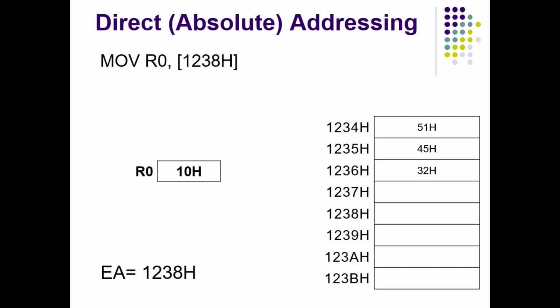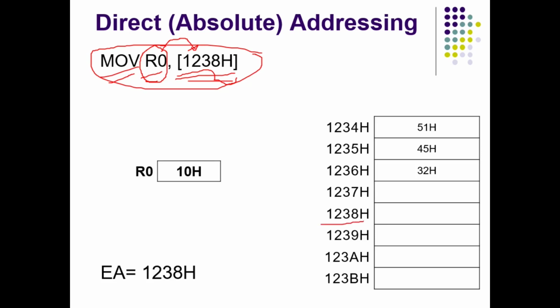See, in this example of direct addressing mode, I am using direct addressing at the destination side. My source operand is R0 and the operation I have to make is data transfer. That means this instruction I have written transfers the content of R0 to a memory location whose effective address is 1238H. See, I have written that address directly within a square bracket in the destination operand. That's why it is called direct addressing mode. Whenever I mention the 1238H address, I mean to store data in this particular memory.